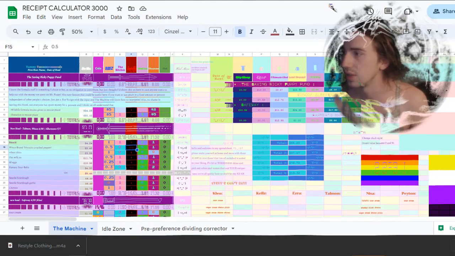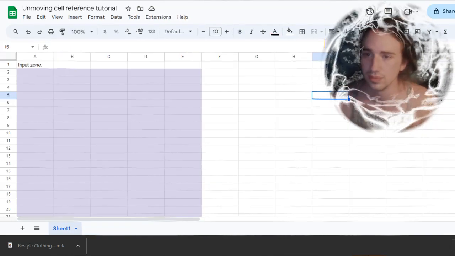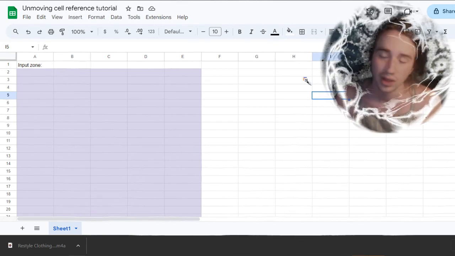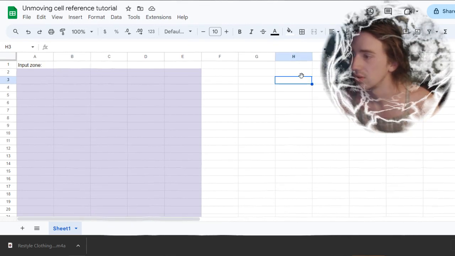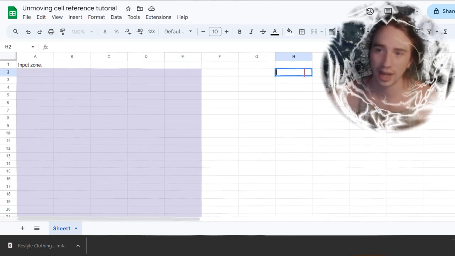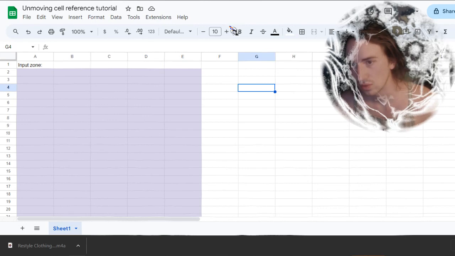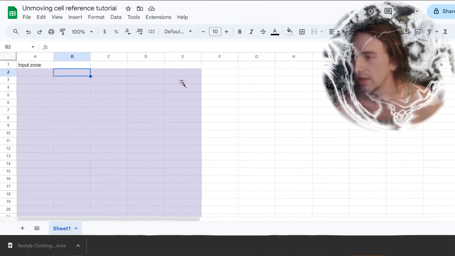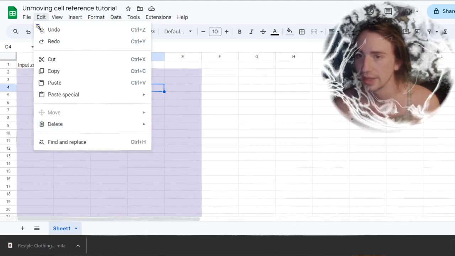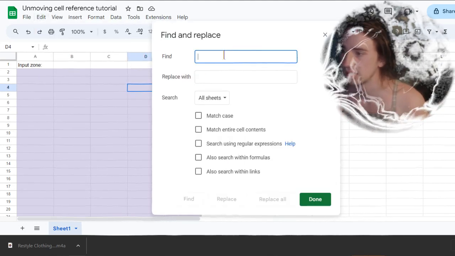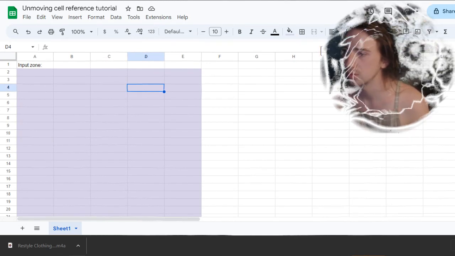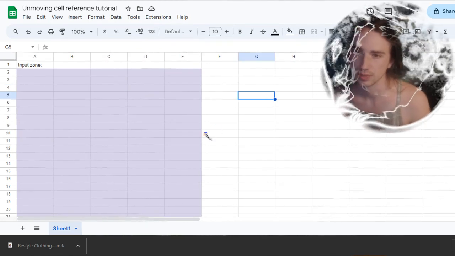So the first thing I'll do is show you how to fix that in case that did happen to you, and you're trying to go through and find each one and change it, and it's not working out. One thing you can try: highlight all the areas, or just search the whole sheet. So search the whole sheet, go up to Edit, Find and replace. First you're going to have to diagnose which cells were affected. I'll just do the example in this